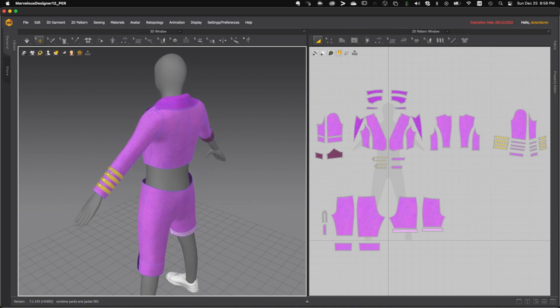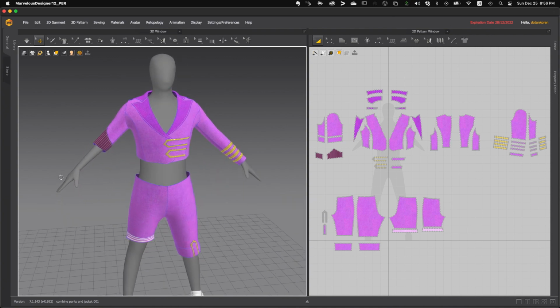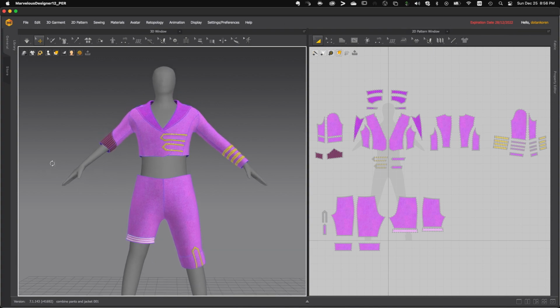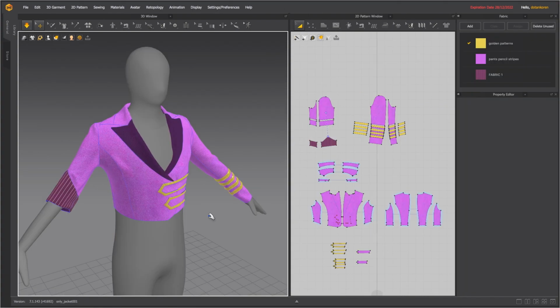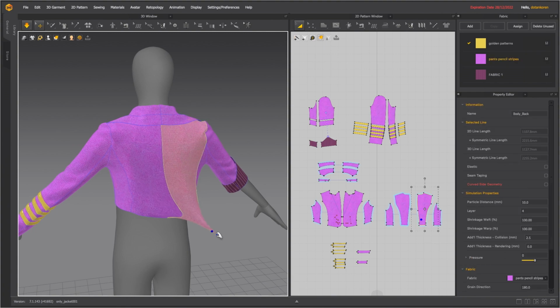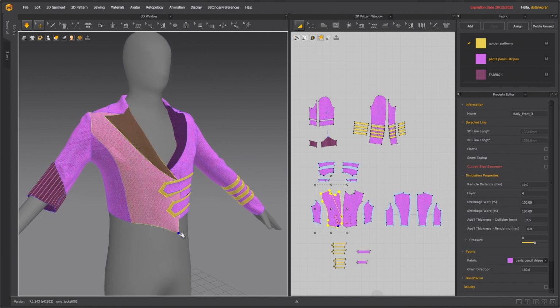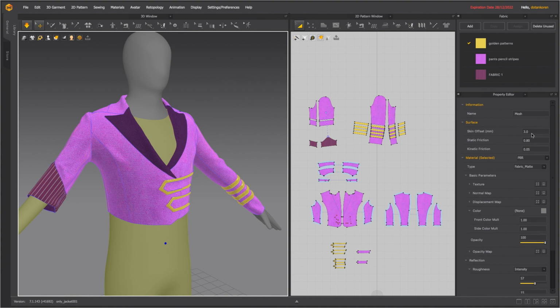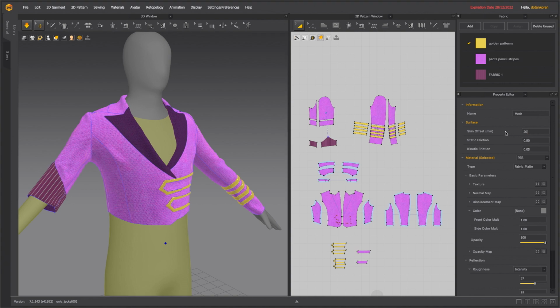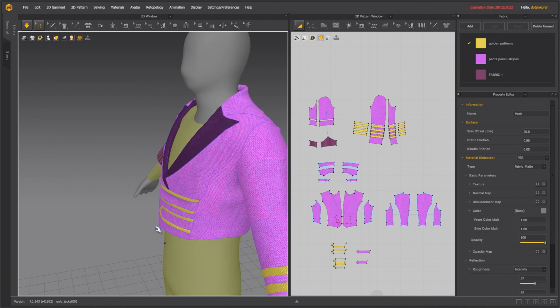But when smoothing the low poly avatar, it becomes more skinny. So when exporting the garments, they may not fit the user's body. They may intersect with other external meshes in the scene. To fix this, in Marvelous Designer, I increased the skin offset from the default value of 3 mm up to 20 mm. You may want to experiment and find the right value for your own clothing.